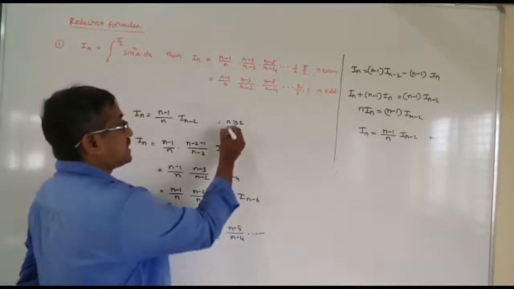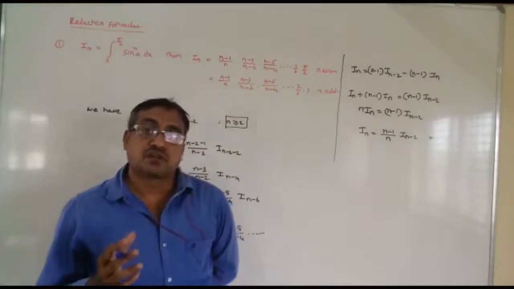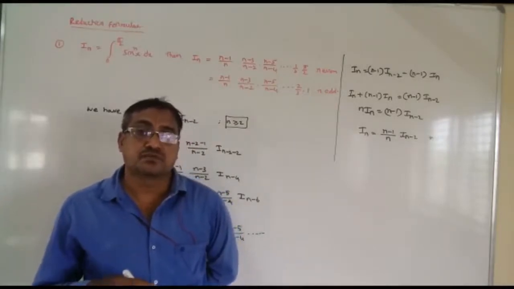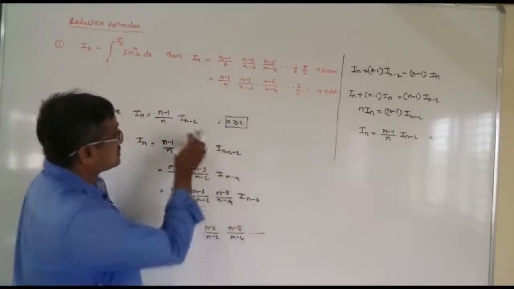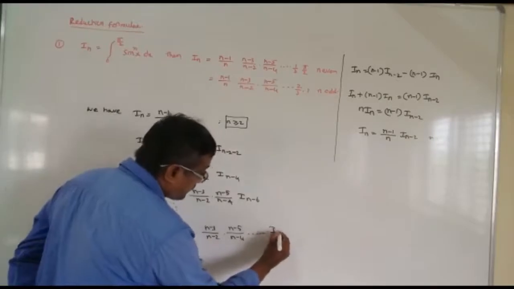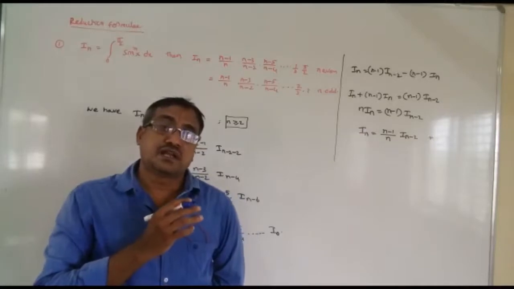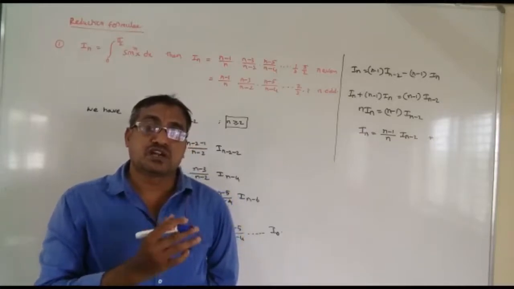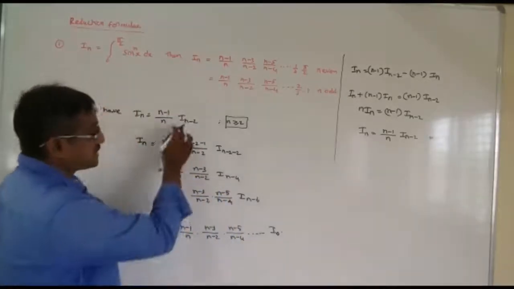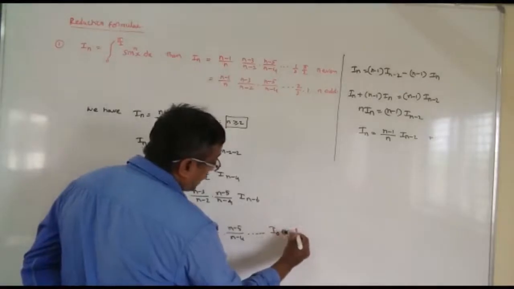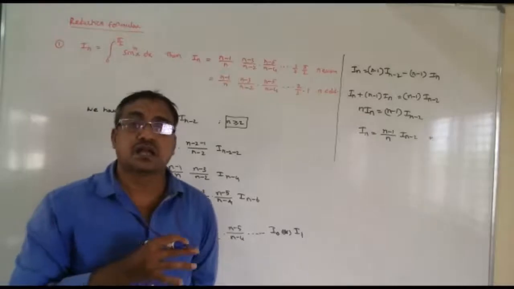Now it is given that n is a number which is greater than or equal to 2. So what will happen if n is equal to 2? If n is equal to 2 and the reduction continuing like this, you will get I naught for n is equal to 2. It is given that n is greater than or equal to 2. What is the first number greater than 2? 3. So if you write 3 here, you will get I1. So finally you are going to get I0 or I1.